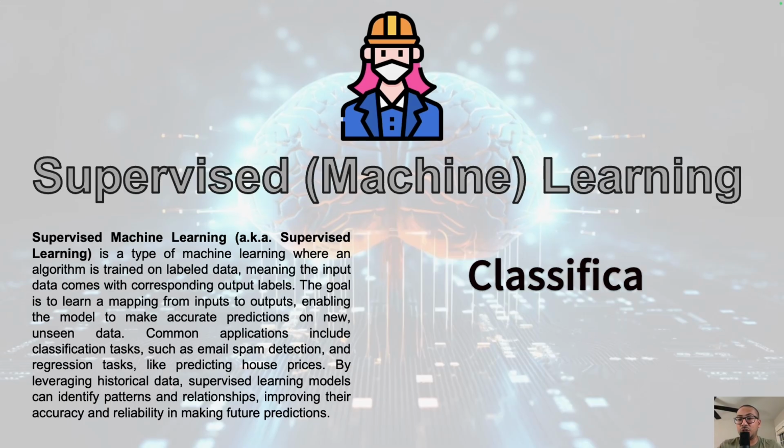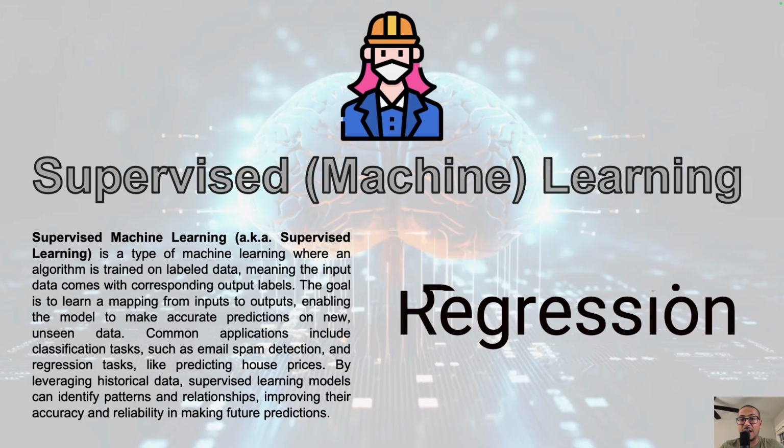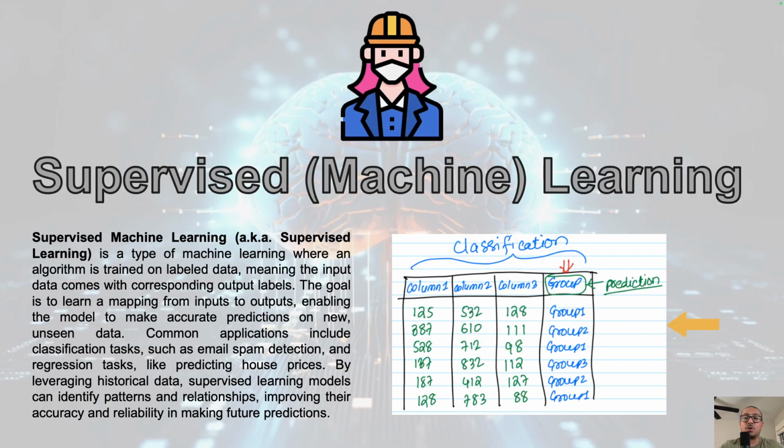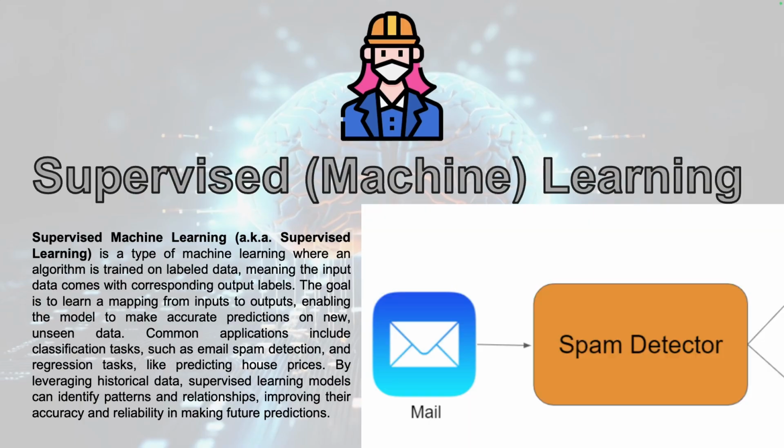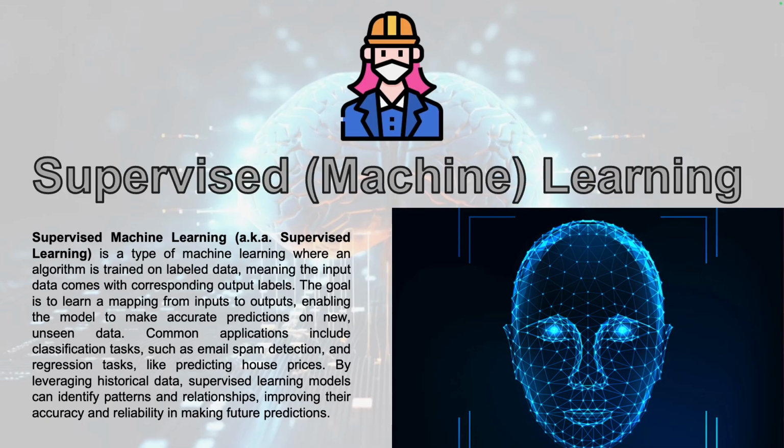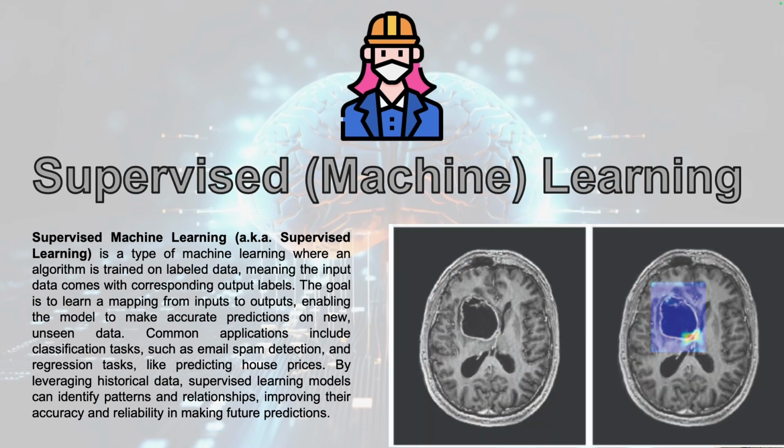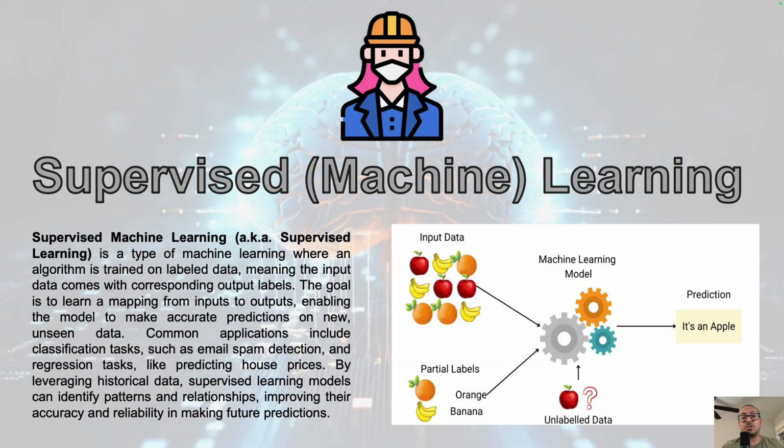First one is classification and the second is regression. In a classification task, the model learns to recognize data into specific groups. For example, spam detection classifies emails as either spam or not spam. Facial recognition software identifies people in images, and medical diagnostic tools classify whether a tumor is malignant or benign. These examples show how classification can group data into different categories based on the patterns the model learns